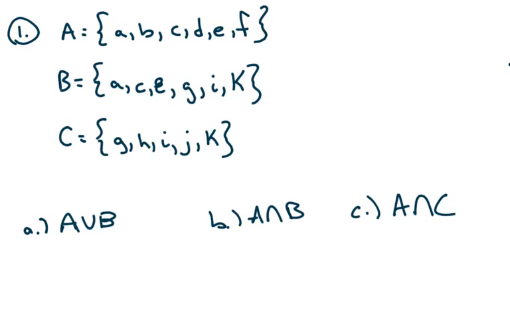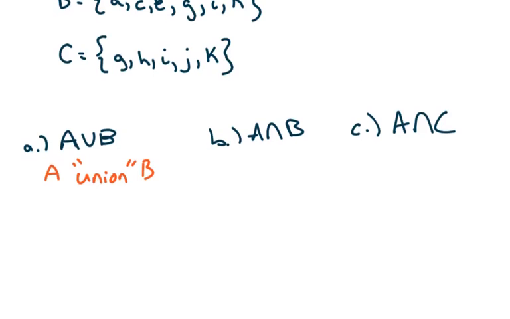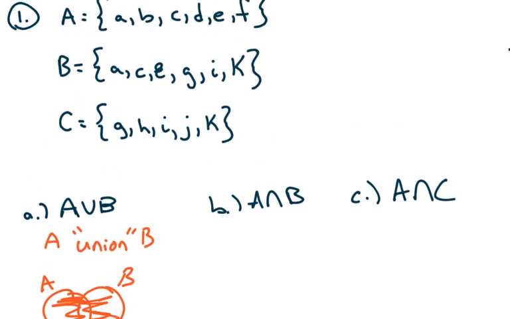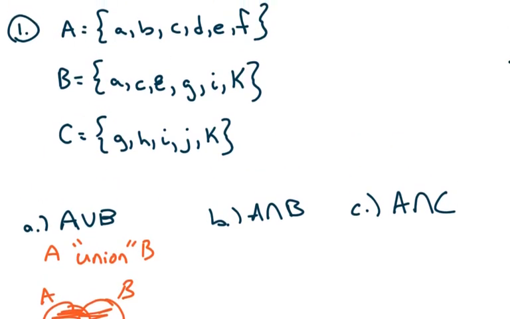The first statement is saying what is A union B, and union means that if I have two groups, group A and group B, union is everything. So everything in group A and everything in group B, which means it's everything. So the best way of doing A union B is if A is A, B, C, D, E, F, then